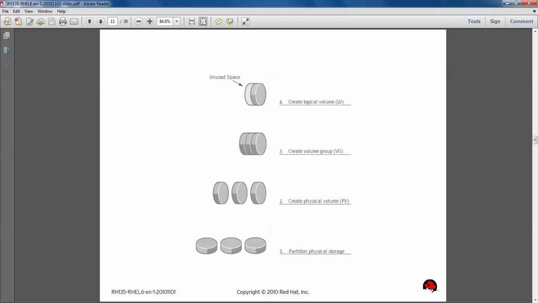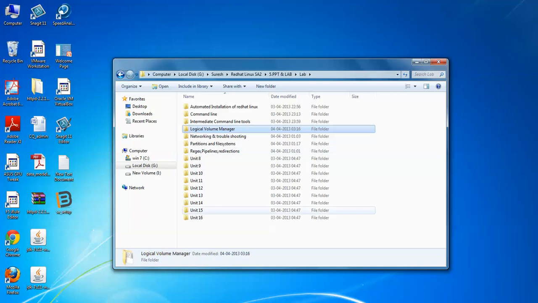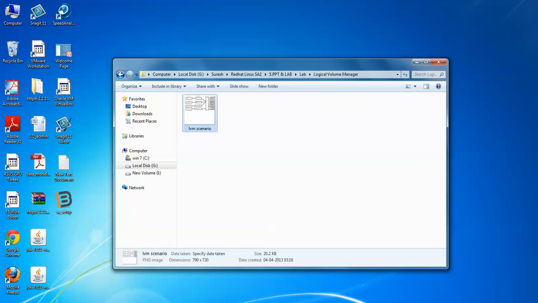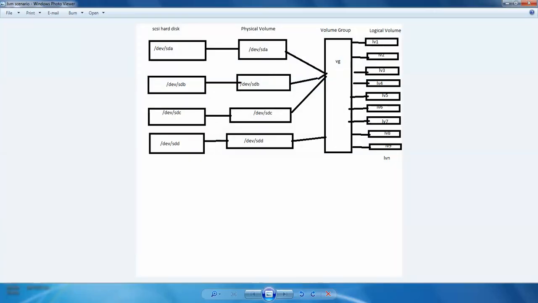And I have one more scenario in this logical volume manager. See here, the same kind of thing. This is a SCSI hard disk. Under that I have one hard disk, that is /dev/sda, one more hard disk is sdb, one more is sdc, and one more is sdd. Using these hard disks I can create a physical volume. So this is 100 MB, this is 100 MB, this is 100 MB, this one is 100 MB. That means a 400 MB hard disk will be there. From this hard disk I created